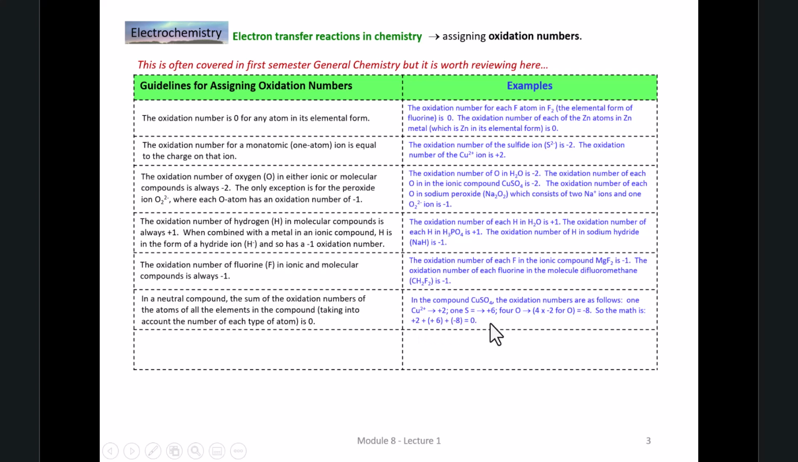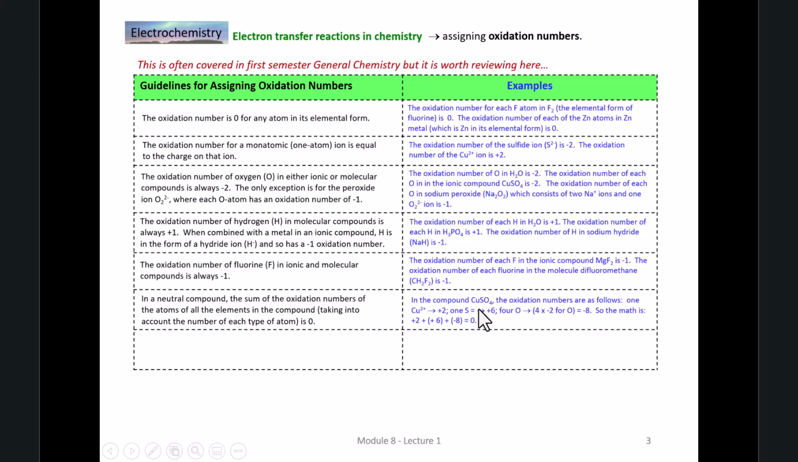So the oxidation numbers of all the atoms in this compound equals 0, taking into account the number of atoms of each. One of the things you might ask here is, where in the world did I get the oxidation number of sulfur being +6? Well, I think we'll demonstrate this in the next guideline, but what I can tell you now